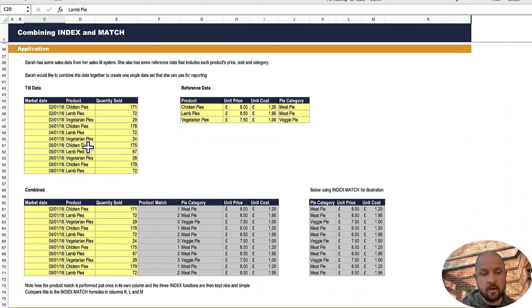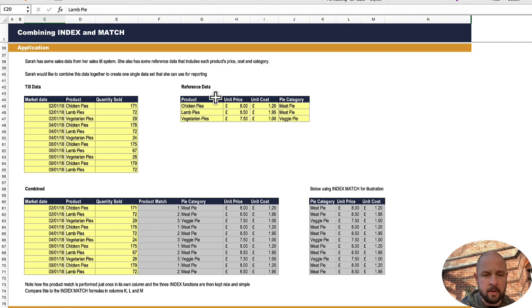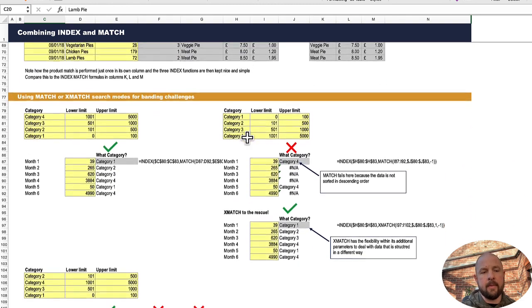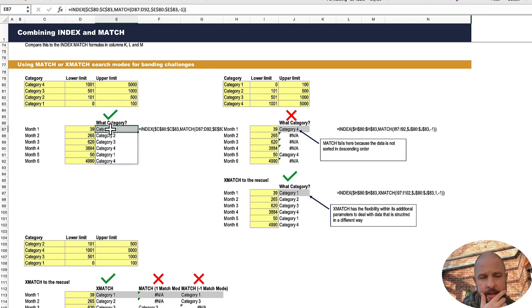As ever with this, you can go through a few simple steps that we talked through in terms of how we apply this in real life. This is the bit that I added in the new version. So XMATCH versus MATCH. This is an extension of the example that I just walked through. Let's say that we had